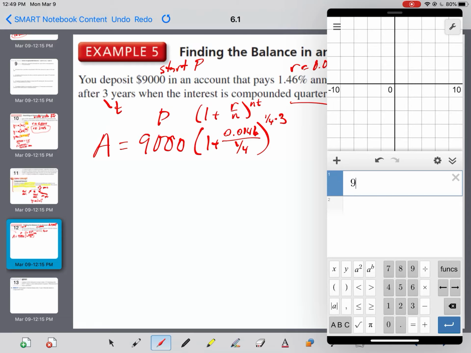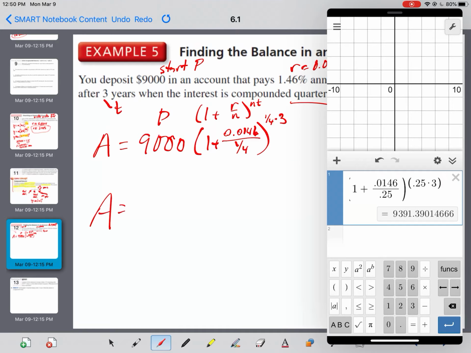And then all we have to do is plug it in. 9,000, those are decimal places. 9,000, parenthesis, 1 plus 0.0146 divided by 0.25, that's 1/4 as a decimal, to the 0.25 times 3, in the parenthesis up there, and we get